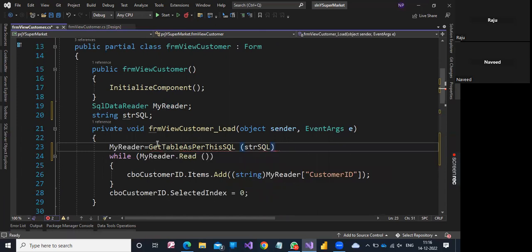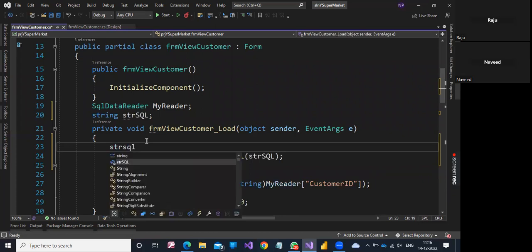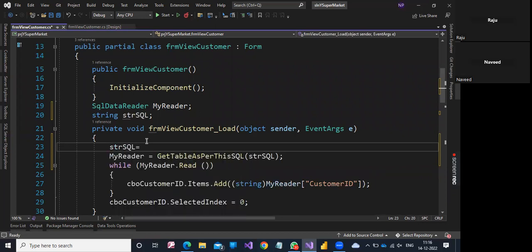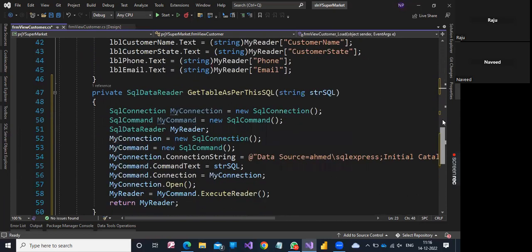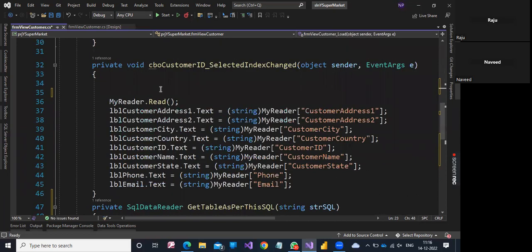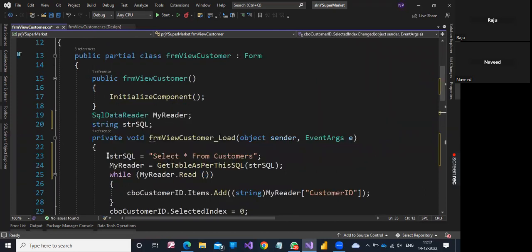And before that str_SQL we tell here is equal to select star from customers, right? And here again you tell str_SQL is equal to, and here also we just copy this one, this two,